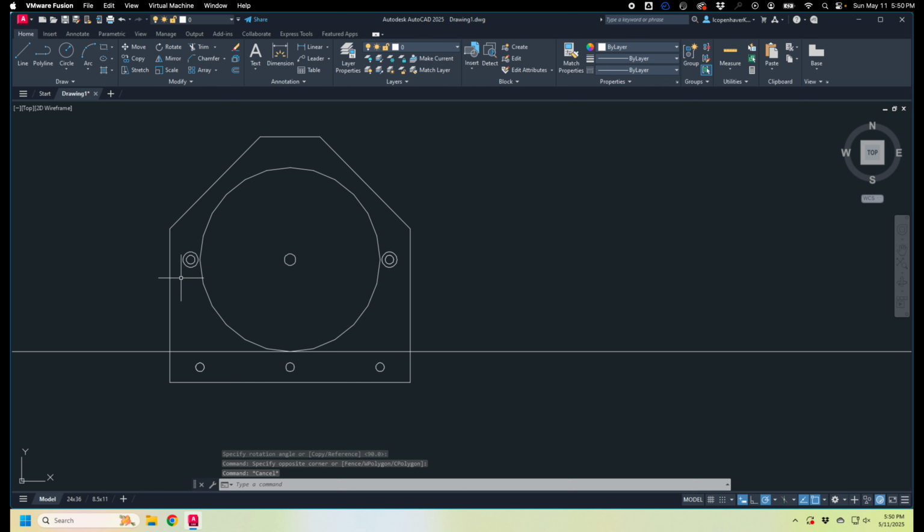I could also do this with a mirror command, where I take this one, I say mirror it. I say this is the center point of that mirror line, and then I click here. Erase source object, no. I could do it again. The other way to do it that might be faster depending on what the application is here